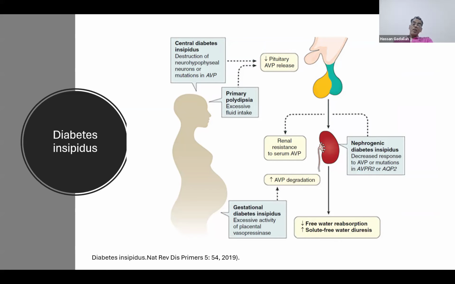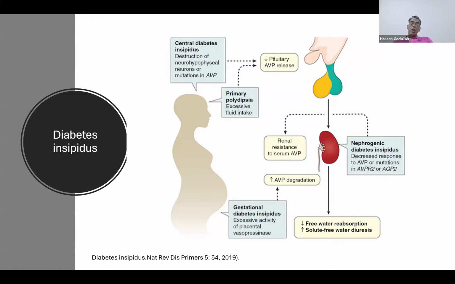Now let's talk about diabetes insipidus, because it constitutes a significant amount of hypernatremic cases we face. What is diabetes insipidus? As we mentioned briefly before, diabetes insipidus is loss of free water by the kidney. So loss of free water by the kidney is either due to lack of the agent which leads to reabsorption of free water by the collecting duct of the kidney, which is antidiuretic hormone. In such case, it's called central diabetes insipidus. Or it is lack of response of the kidney due to resistance of the renal tubules to antidiuretic hormone. And in such cases, it is called